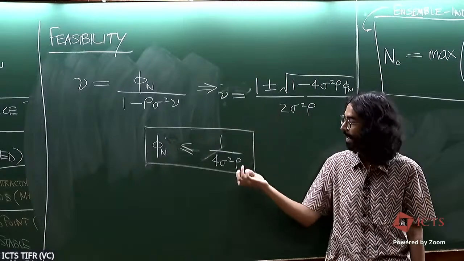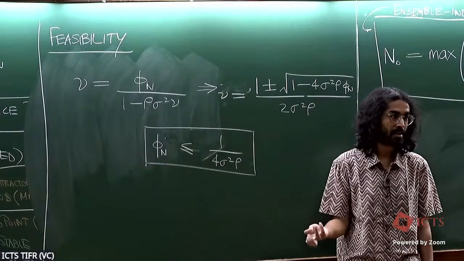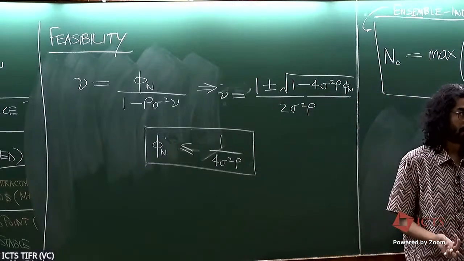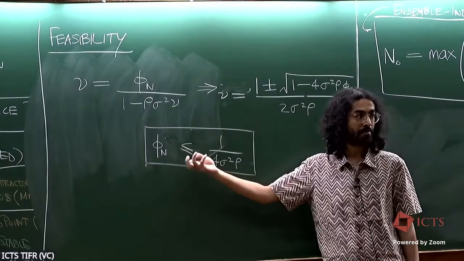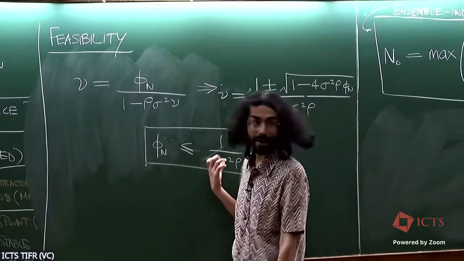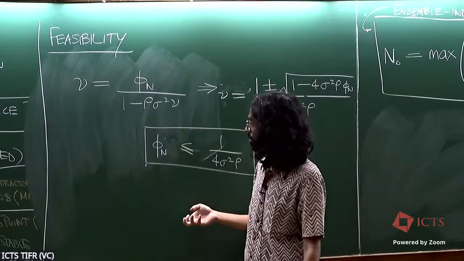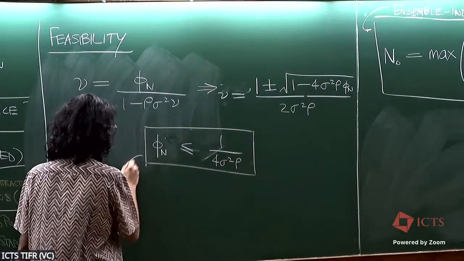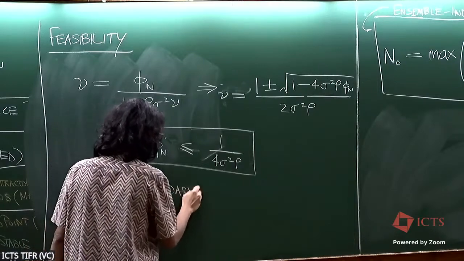So depending on whether this matrix is symmetric or somewhat symmetric or not symmetric at all or something else, there's going to be a bound on how much you can pack. That's one effect of rho. But really, generally, you can make a boundary, which you can call the infeasibility boundary,